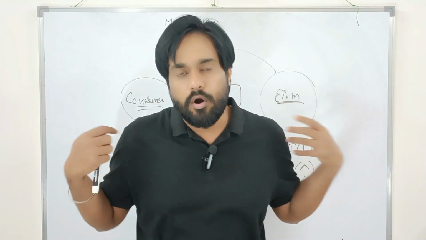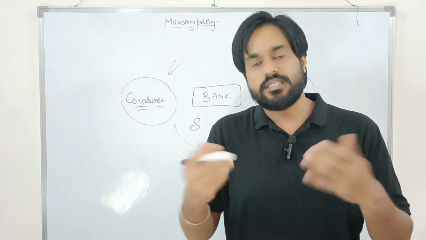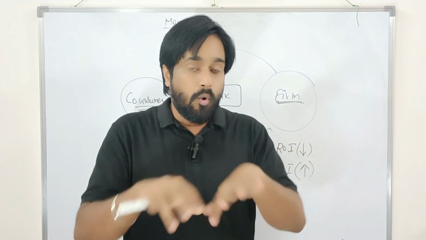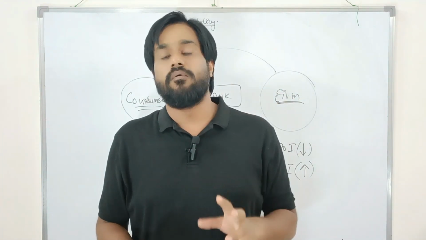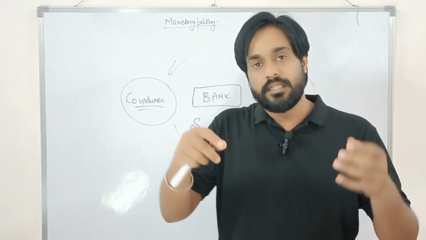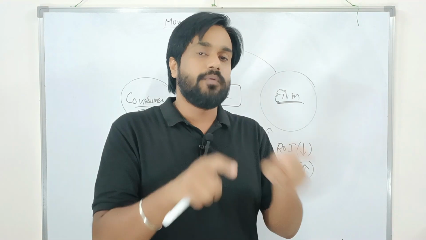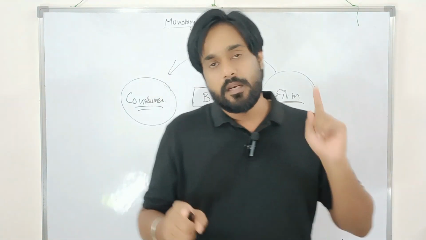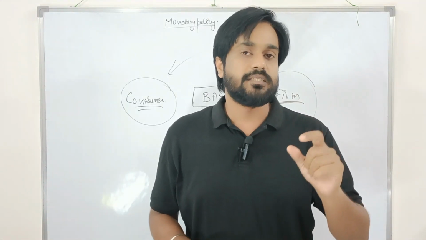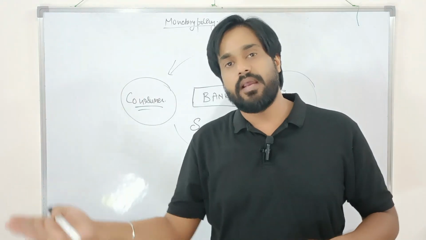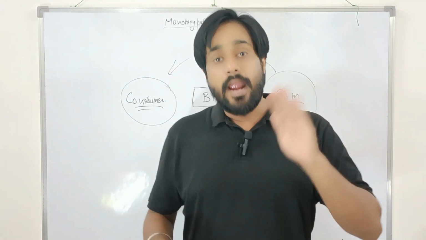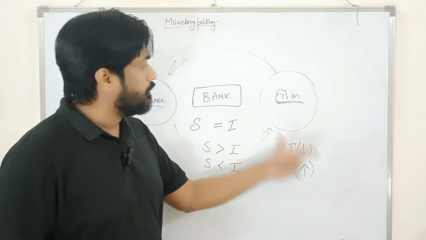So obviously there are a lot of people in the economy who receive their income, salary, profit, whatever, in their bank accounts. Just think about the whole amount of saving in the economy. That saving is very important in the bank accounts, because then the bank will give loans to multiple people in the economy. Now come to the second point, that is investment. Investment is basically an amount taken from the bank as a loan and invested in the economy, like infrastructure, health, education, and another important point, production.